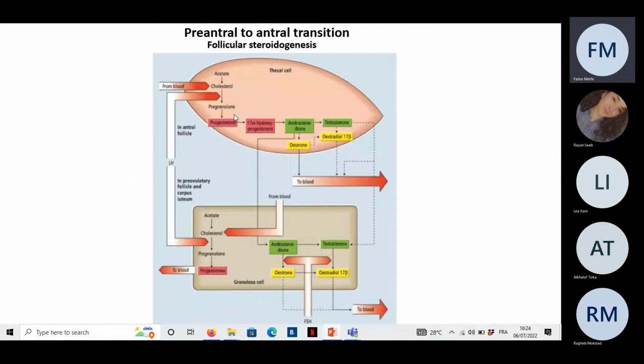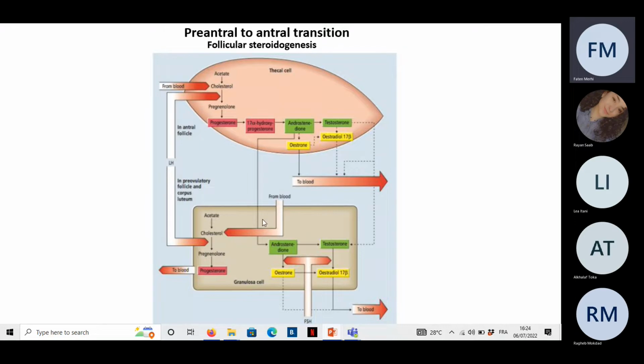Now, here we can see a figure where we have the theca cells and the granulosa cells. The theca cells respond to the action of LH, and under the action of LH they will convert the acetate and the cholesterol into testosterone and androstenedione. Some of those androgens will go into the blood circulation, but the biggest part will diffuse into the granulosa cells,